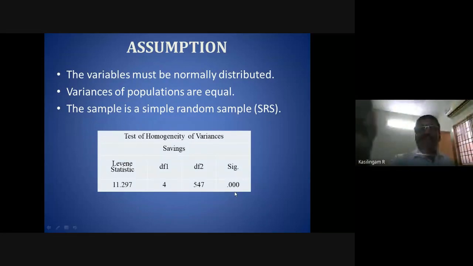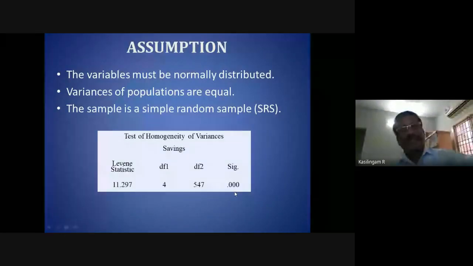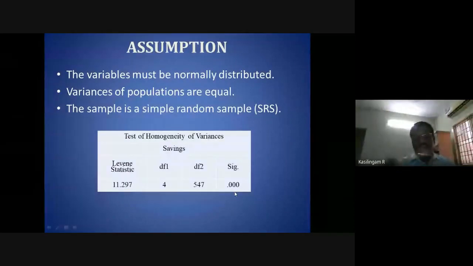For chi-square we say no association. For the ANOVA family, we say no difference. For correlation, we say no relation. For regression, we say no influence. That is the null hypothesis for all the tests.